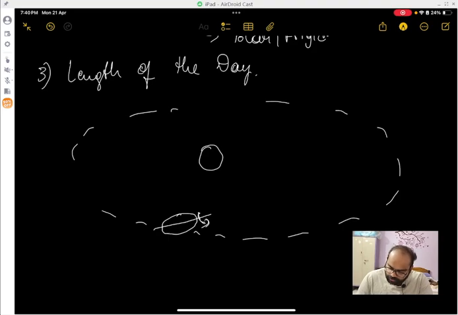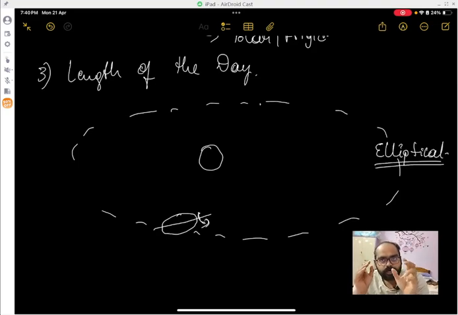Okay, in an elliptical way. Due to this elliptical path, at certain points Earth will be nearer to the sun, and at certain points Earth will be farther from the sun. At certain points Earth will be nearer to the sun, and at certain points farther away from the sun. Okay, on 3rd January,